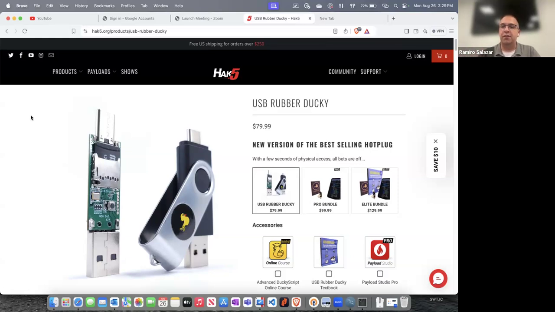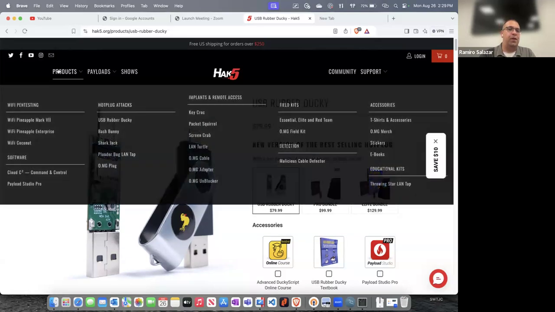The friendly receptionist is going to take that flash drive, plug it into their computer, and print out the resume. But in the background, the malicious code is running and giving the attacker access to the entire computer and possibly the entire network. So this is how dangerous some of these products are that are out there. Hackers can use them for malicious purposes.